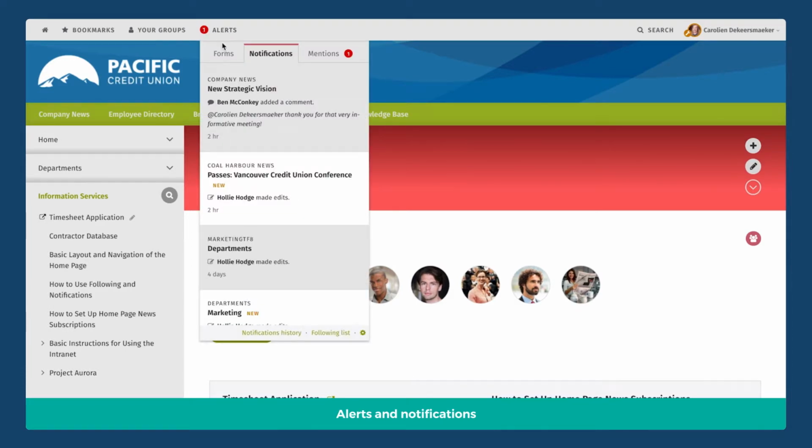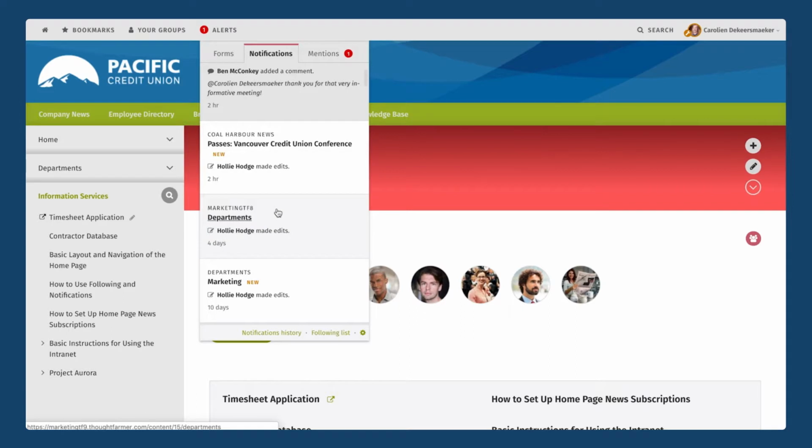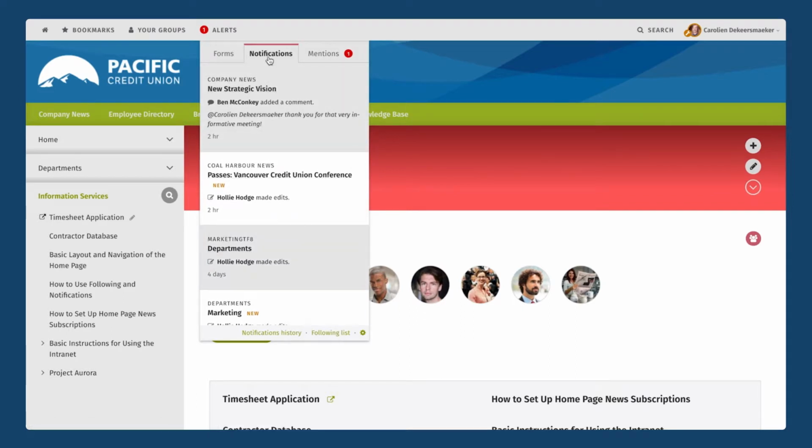If I open it up, you can see that I have 3 alerts waiting for me now. All of the notifications are sorted into 3 categories. The one I'm looking at here now is my list of general notifications. Each page that I follow on the internet will send me an alert when something changes there: when somebody adds a comment, when anybody makes edits to that content, when new pages are created, alerts will show up in the